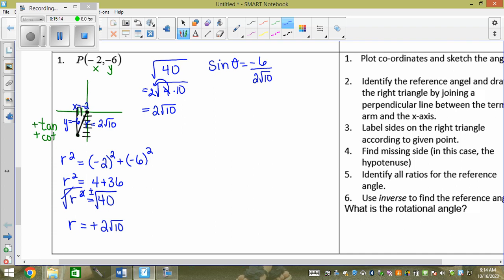And sign your resume. Can I reduce anything? Take a 2 out of both of these. What else do I have to do? Get the root on top. Rationalize the denominator. So now I'm left with -3 root 10, and then root 10 times root 10 is root 100. So that's